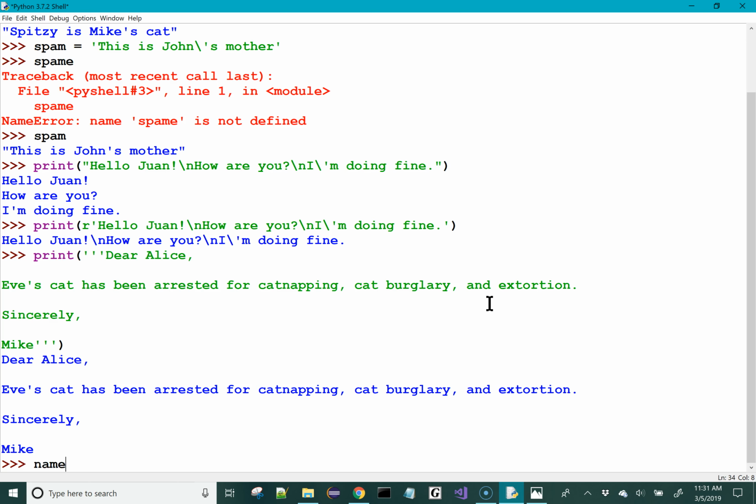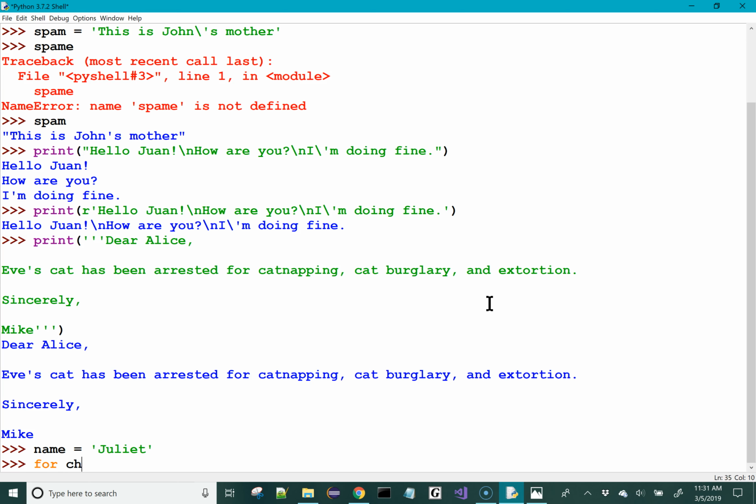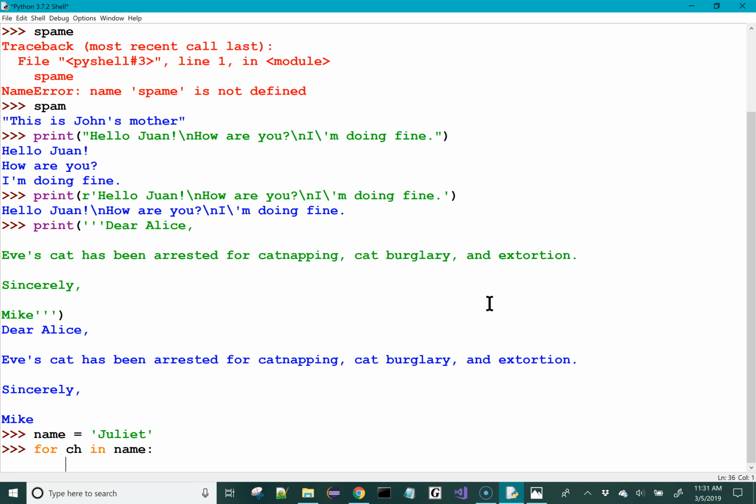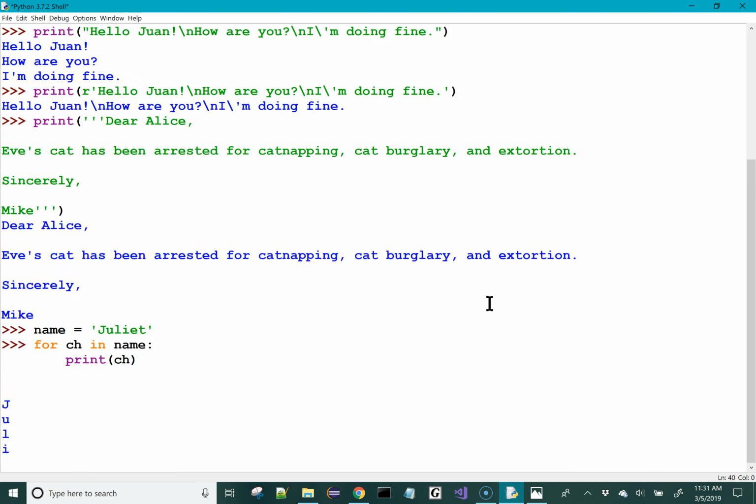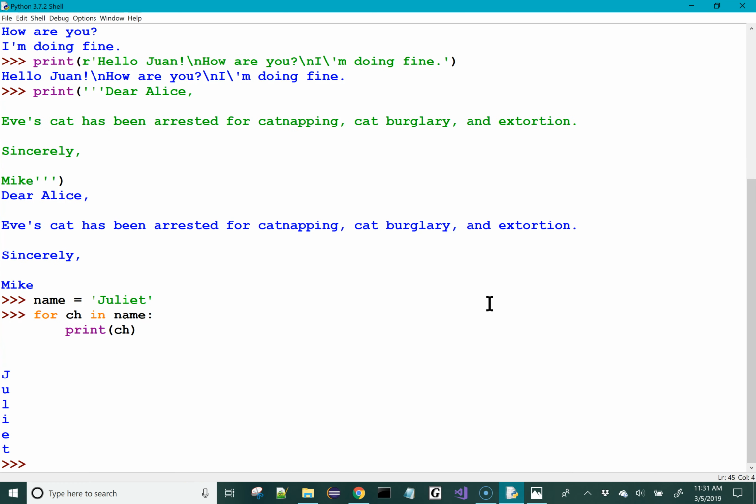So let me just go ahead and specify name equals to Juliet. And then I'll just write for ch in name. So what this does is it extracts each character in the string. And I will go ahead and print out that character. Hit enter twice. So what it does is it iterates through the string, printing out each one of the characters